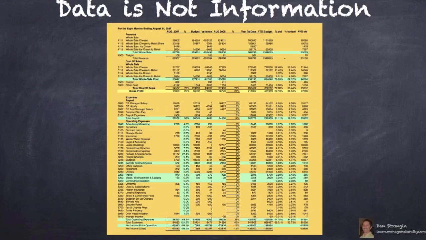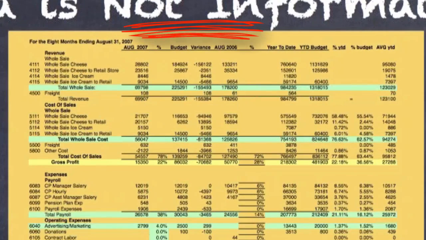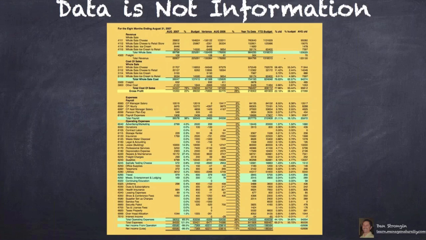And the first problem is that it's very, very hard to see. I mean, you look at this, if you have to solve problems from this, it is not an instantaneous process. You have to look at it, you have to read it, you have to understand what the different columns mean. And if you look at the top, there's percentages and averages and variances and all kinds of things that can easily mislead you. Depending on what the average is of, percentages can be very dangerous in understanding operational reporting because you don't know what the base number is that it's compared to. In a quick example, 10% of $100 is very different than 10% of $1.